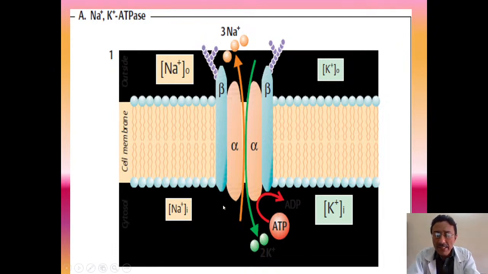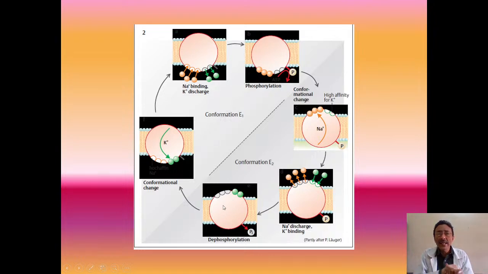Now let us see the next slide. Here it is showing exactly how the mechanics happens. In this diagram, there is the active transport. If you imagine this to be the carrier protein, the sodium potassium ATPase pump, this is the inside, this is the outside, this is the cell membrane, and in the continuity of the cell membrane you have this sodium potassium pump.